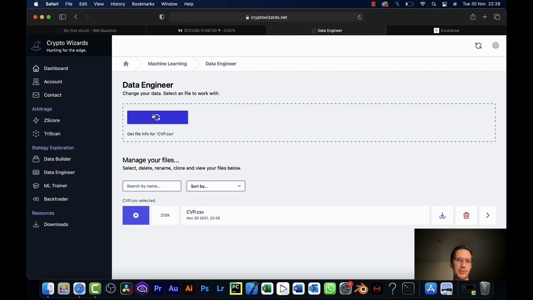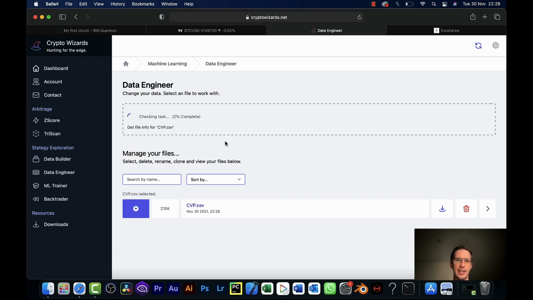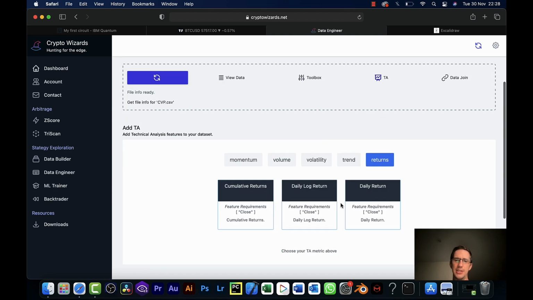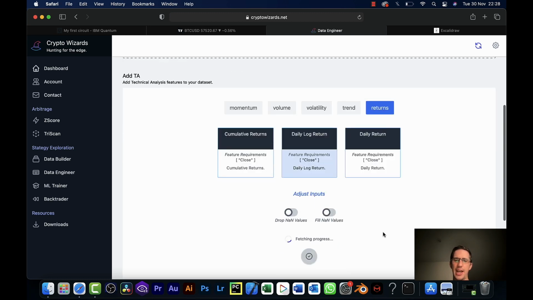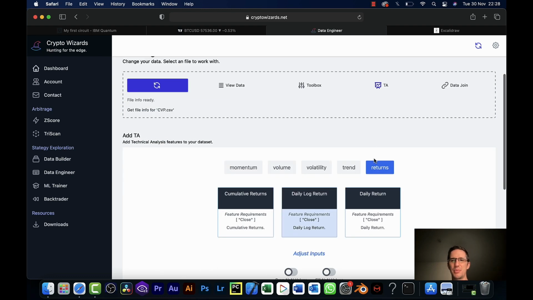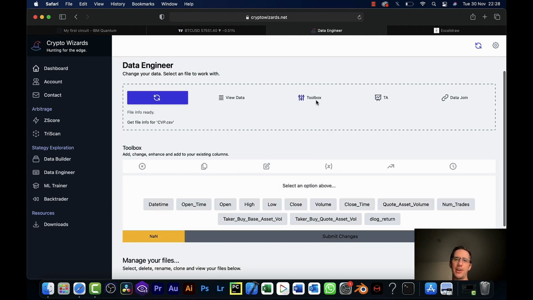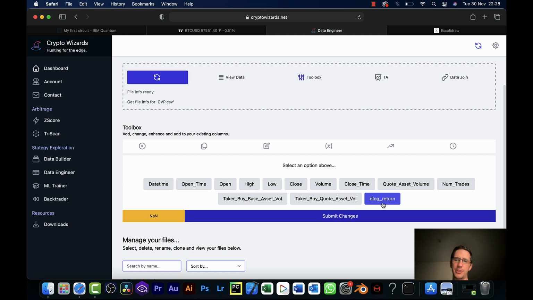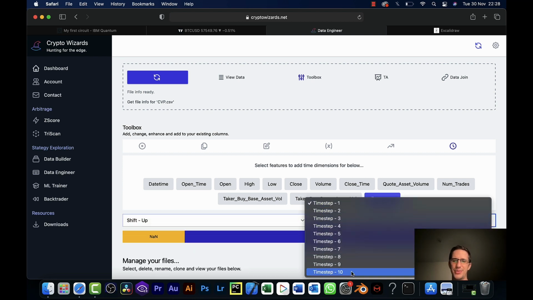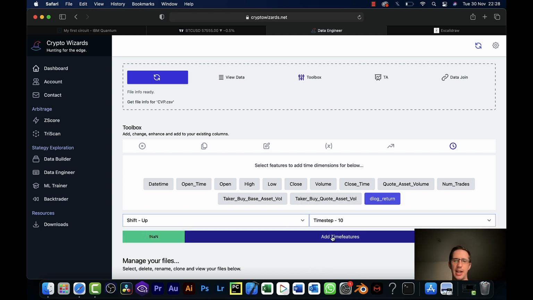So I'm going to run this for CVP and just add in, I'm not even going to add in much. You know what? All I'm going to add in is the daily log return. I'm not going to add in any technical indicators whatsoever. What I might do is add in some sequence. So actually what I'll do is I'll take this daily log return and I'm going to add in, say, up to 10 days worth of sequence, the maximum, and I'm going to add that on.